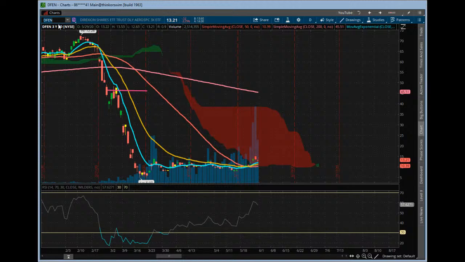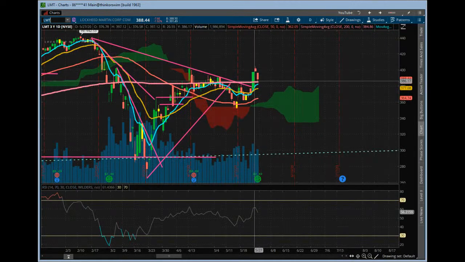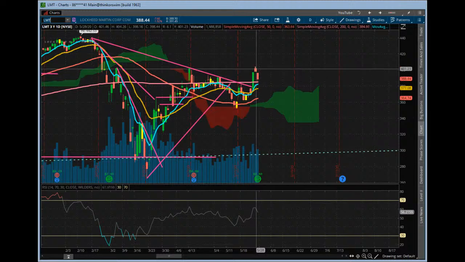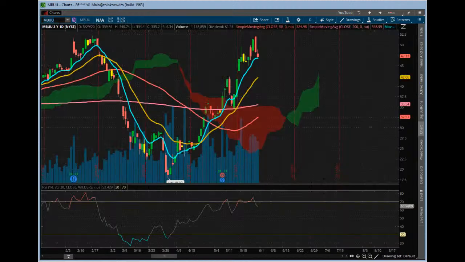So we had some good little doji right there. We had some good movement here the other day, right, on like LMT, but we pulled back. That's a 2-day pullback here, guys, right to the 200-day moving average. So watch your Lockheed Martin, right, after that's moved. NOC also pulled back to prior resistance levels. So I think those defense ones are definitely ones to keep an eye on tomorrow for a potential rally